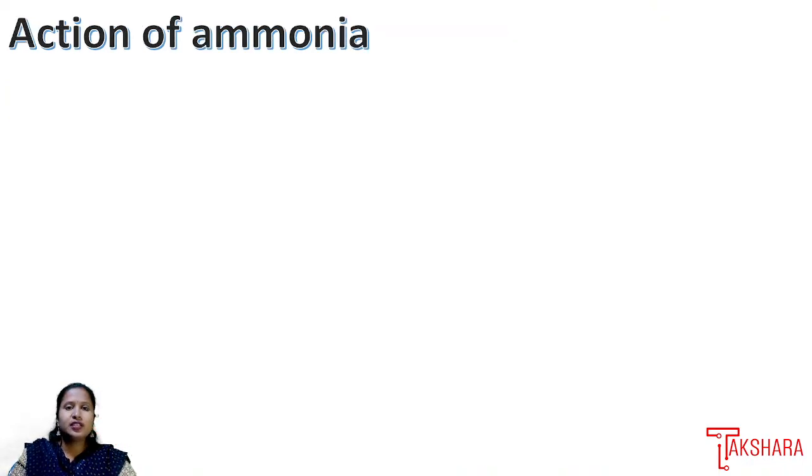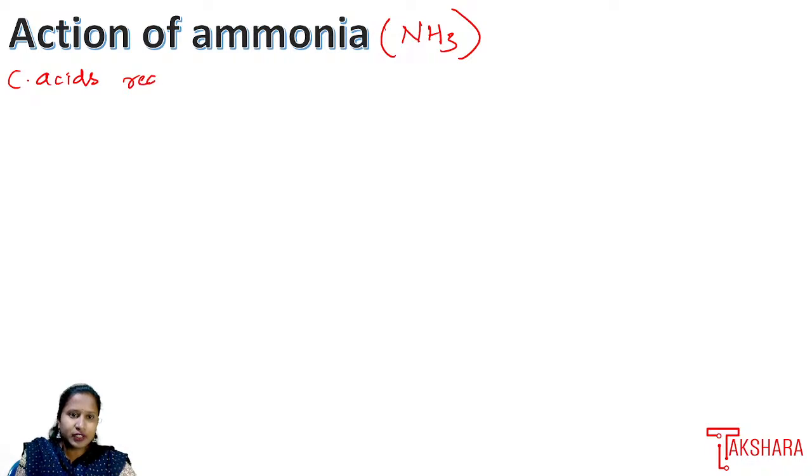Okay. Next reaction ಹೋಗೋಣ. Action of ammonia. Action of what? Ammonia. Ammonia is nothing but what? NH3. So NH3 jote carboxylic acids, when they undergo the reaction, again the cleavage of CO and OH will take place, and we will get the product respectively amides namge formation agutte. Okay, so in this, when carboxylic acids react with NH3